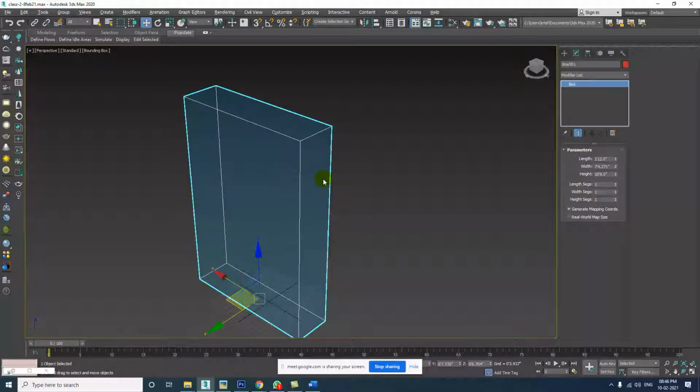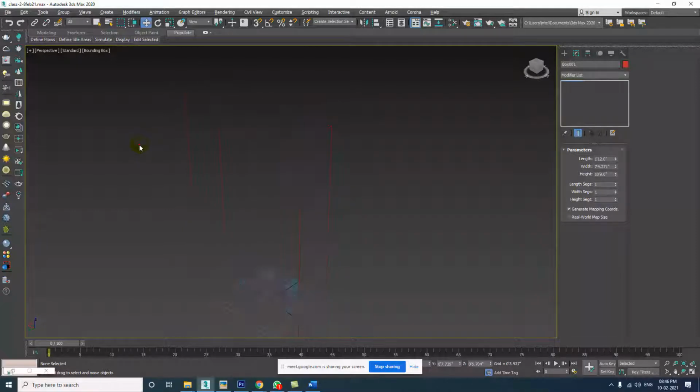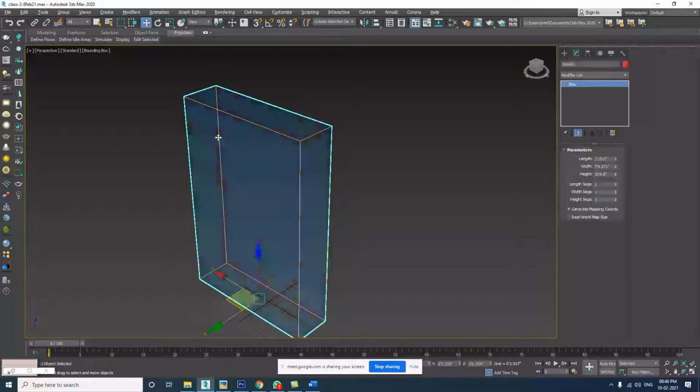Okay, so why do we use this kind of option? Suppose there is one box in front of me.